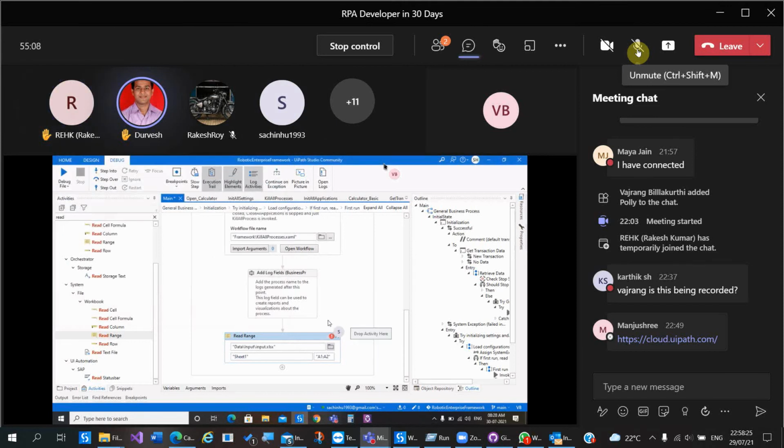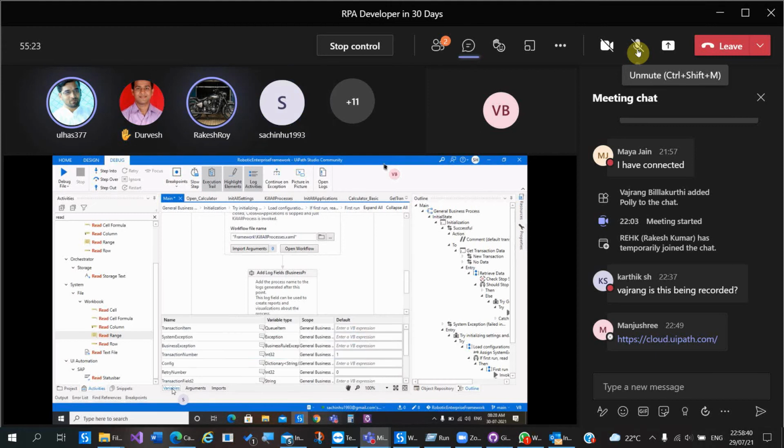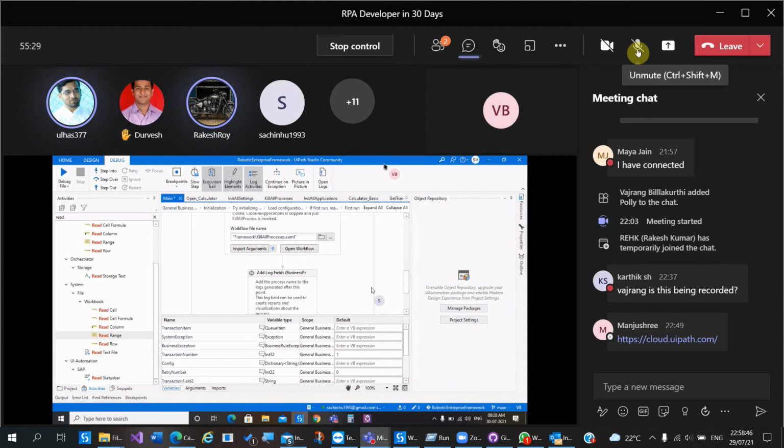In the property panel, you have to give an output in the output field. Just give a data table name. Create one data table variable. Delete that A1, A2. On the right side, minimize outline, auto hide it, and click on properties.